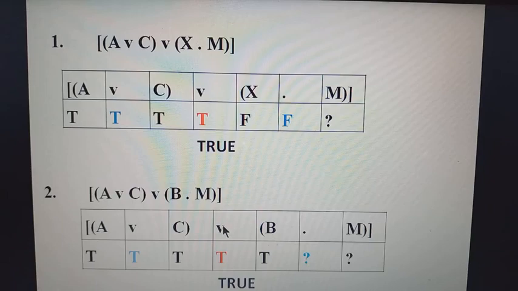This is a wedge, and it's a disjunction. A disjunction is false when both disjuncts are false. The first disjunct is true. So both disjuncts cannot be false. Even when we don't know this, we know that this is true. Because a disjunction is false